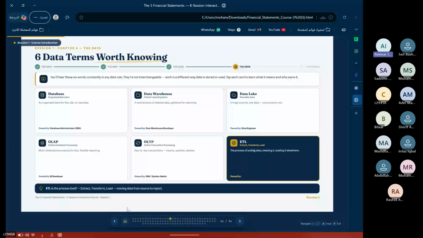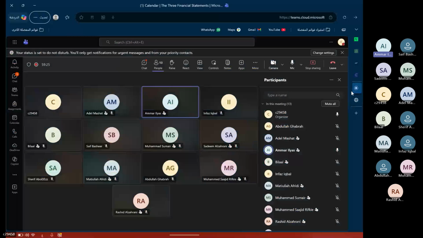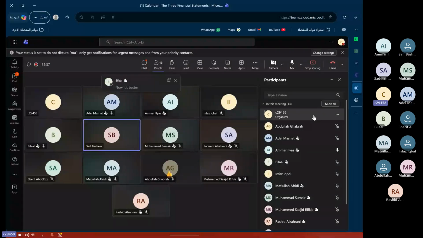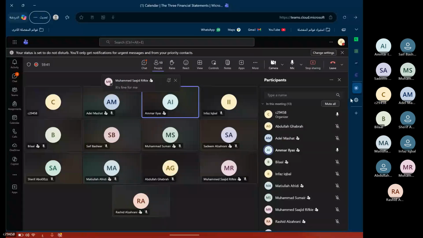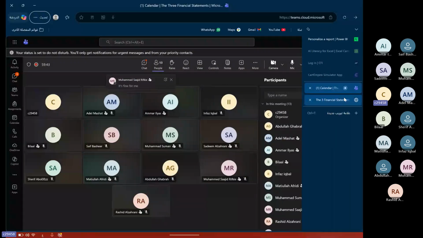Can the rest of the members please type in the chat or unmute your mics? Maybe it's my connection, I don't know. Is it okay for everybody else? Yeah, it's fine now. Anyone can stop me if it is not okay. And if I am too fast, please also stop me. You can open your mic and stop me.